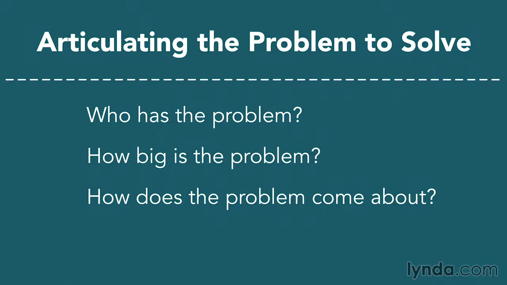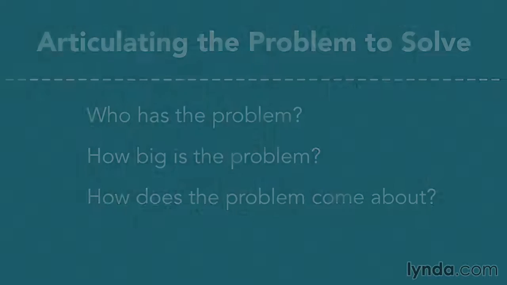Is it a question of things are expensive and they have a cost problem? Do they have a time problem? Is it a quality issue with the products that they're turning out and you can help them improve that quality? When you write this problem statement, you should be able to take it to your target customers and they should read it and say, I have that problem. Please come fix it. That's where the demand for your product or service is going to come from.